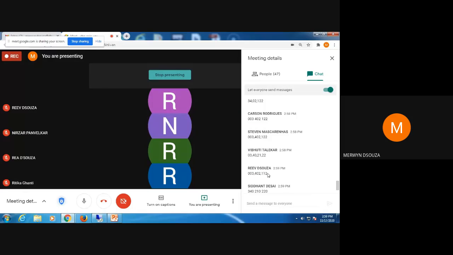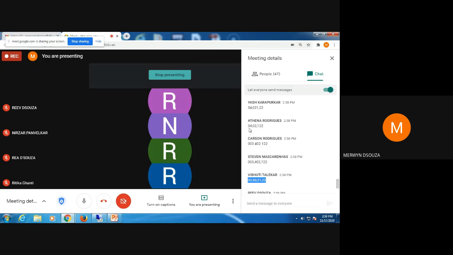There are other students like Vibhuti. Now this is correct. What you have done here is correct. So those who have done this are correct. Now there are other students like Vibhuti and